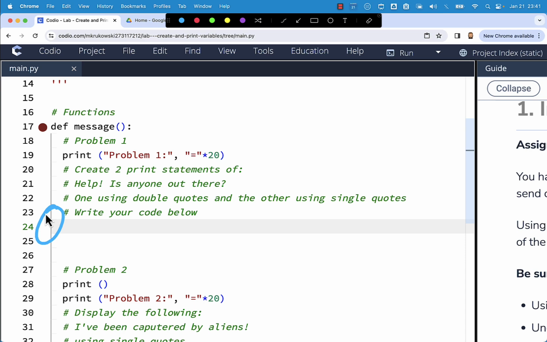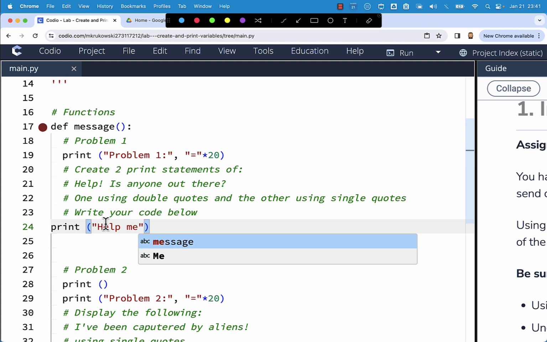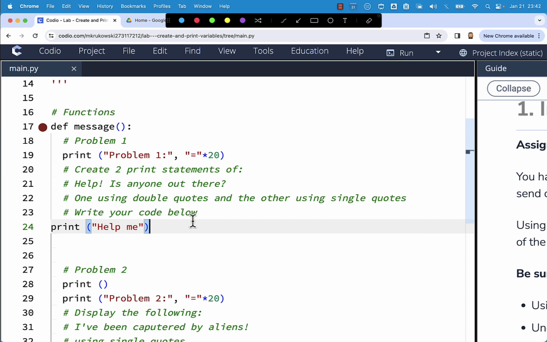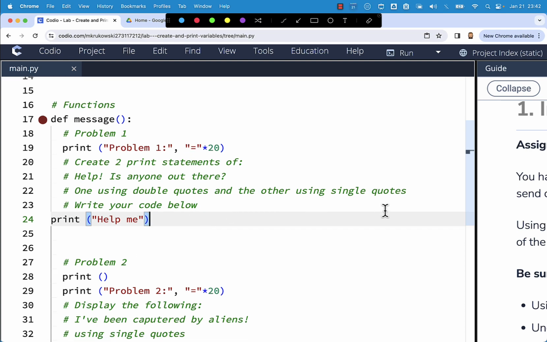You notice where the cursor is, and when I start adding some lines of code, let's say we'll do a simple print, help me message here,